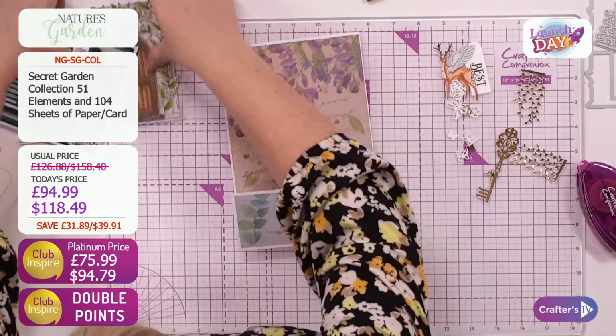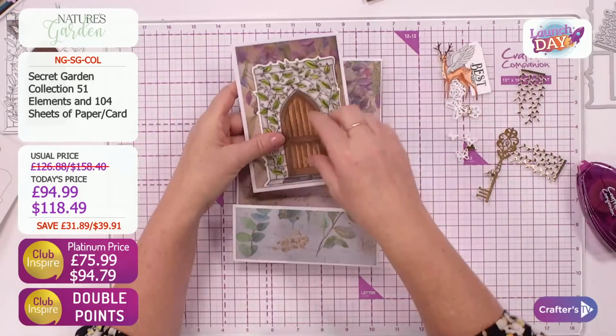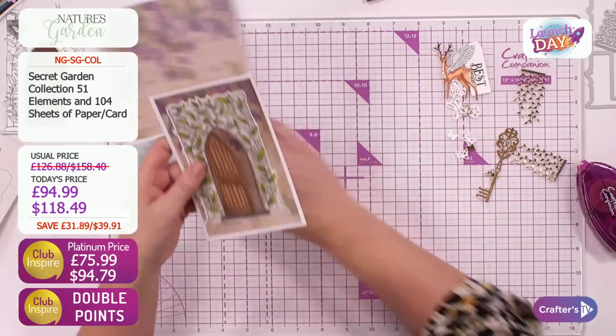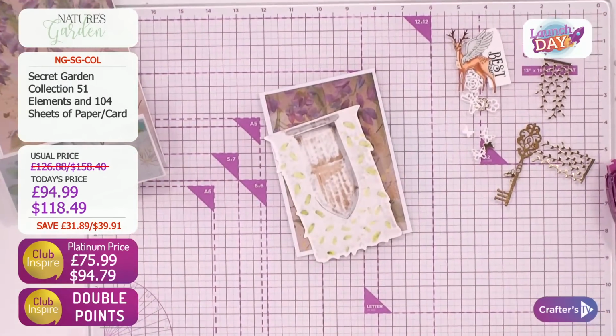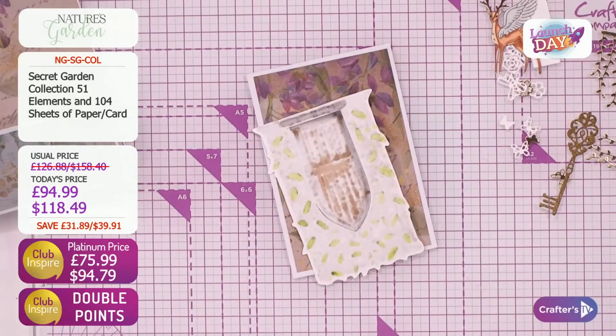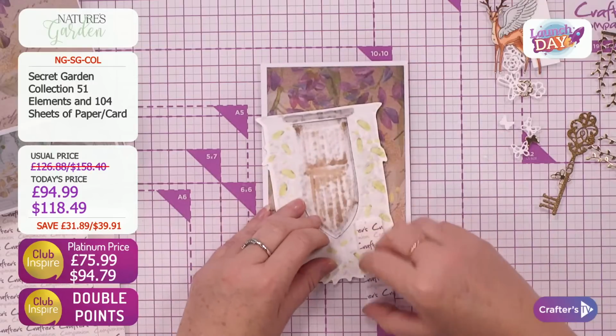And then we're going to use our topper that we've just done, and we're going to have that background piece, because I want something that is going to be looking through. So as you look through, you've got that pattern in the background. I don't really want to keep that plain. So I'm going to pop this onto some foam pads, although I'm not quite sure if we've got any. Let me just have a look. I've seen some somewhere, Joe. There they are. I was having to tidy up before we came on. So let's just add our...